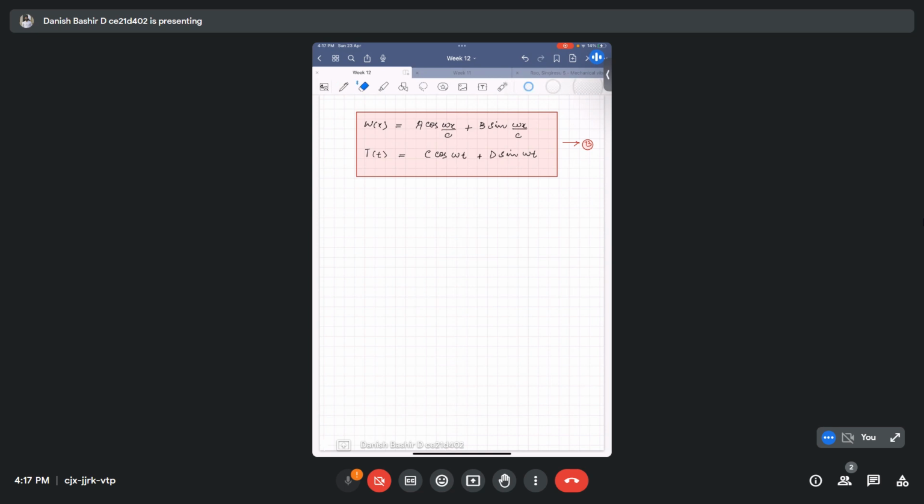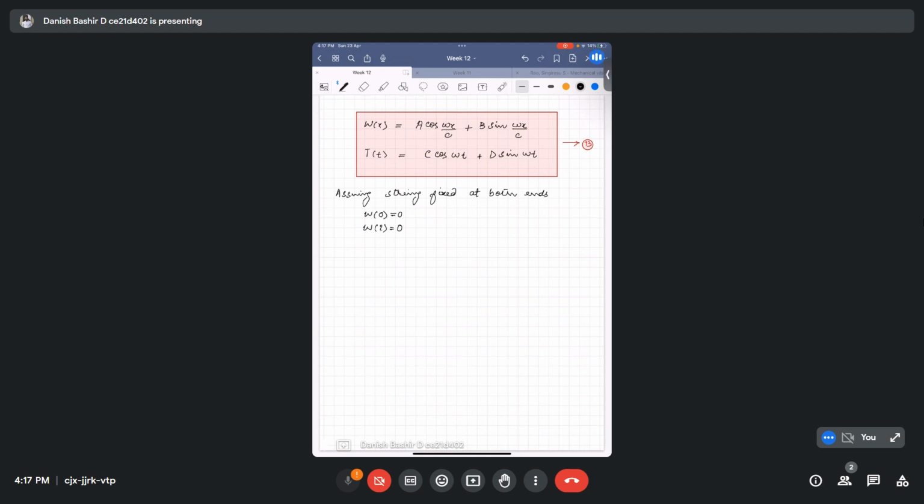So let us assume the boundary conditions like this. If the string is fixed at both ends, then the boundary conditions are, I will assume, string fixed at both ends. So for that we will have the boundary conditions w at x equals 0 is equal to 0, and w at x equals l is also equal to 0. Okay,